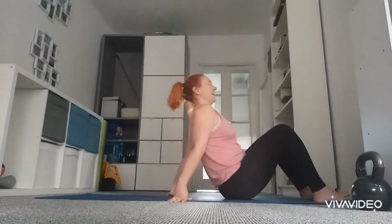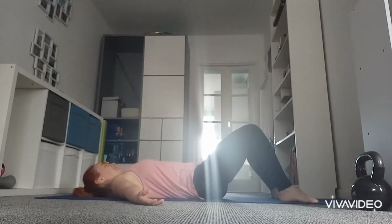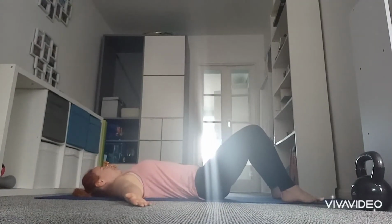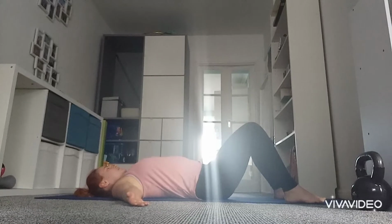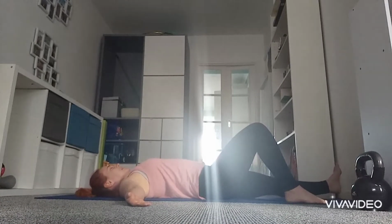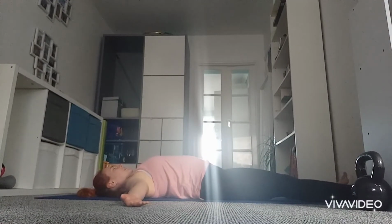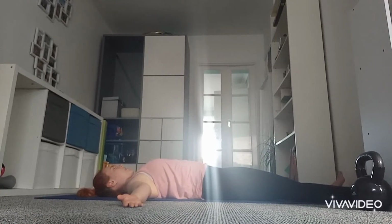Start by having a lie down, because it feels like that is what is needed this morning. So take your time, get yourself nice and comfortable, stretch out your legs, snuggle your shoulders in, take a nice full breath in through the nose